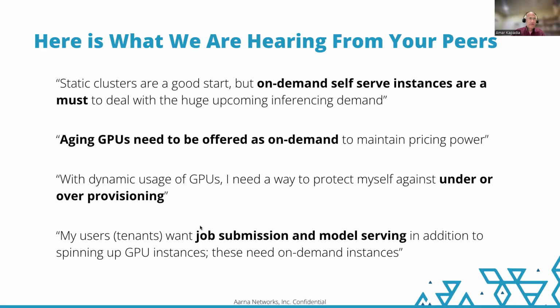If you offer 200, you will always be fully utilized, but you will have very unhappy customers because 1,800 may not be able to find GPUs when they need them. If you go with 2,000, you have very happy customers, but now your business case is destroyed because most of the time the GPUs will be underutilized. If you go with 1,000, you're sort of neither here nor there. You're somewhat fully utilized, and your customers are somewhat happy. So this is another big problem that we hear customers talk about.